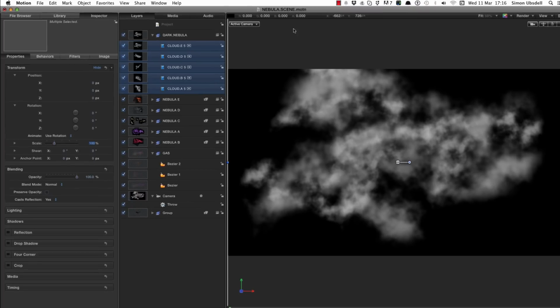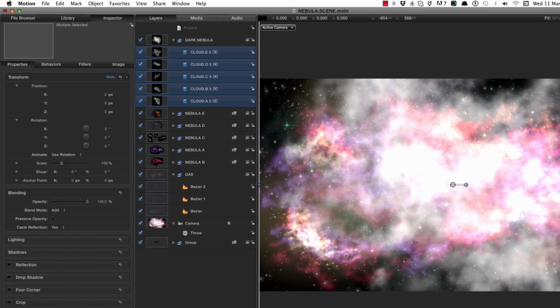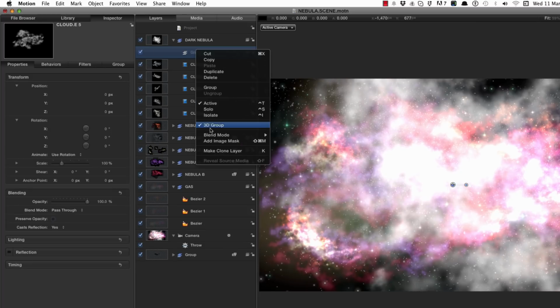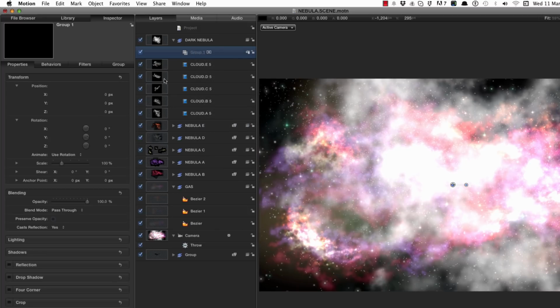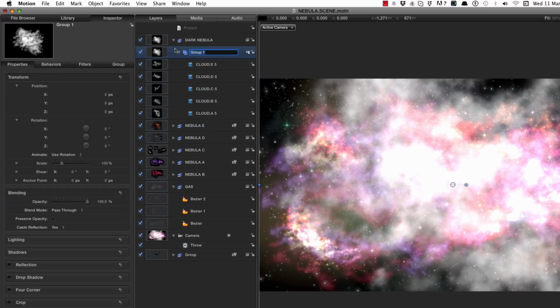So first of all, I want to select all 5 elements and come to the blend mode and set that to add. Then I'm going to make a new group within this dark nebula group above cloud E. Command Shift N. I'm going to make that 2D. I'm going to grab these 5 elements and bring them into that new group, and I'm going to call this